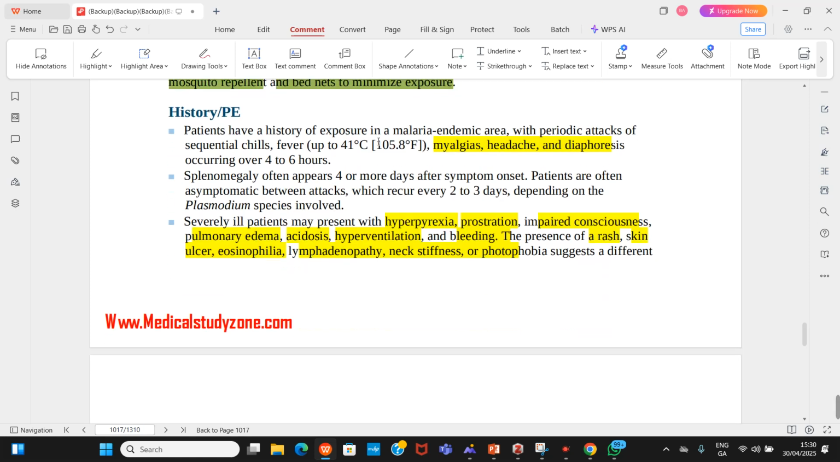So what is the typical symptom pattern? This is Africa. We know this. They are going to have high fever, myalgia, muscle pain, headache, sweating. If it's very severe, they have splenomegaly because of sequestration,